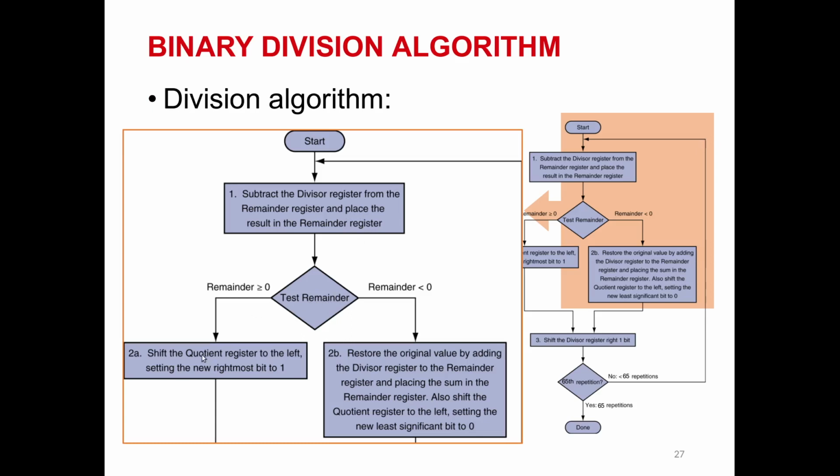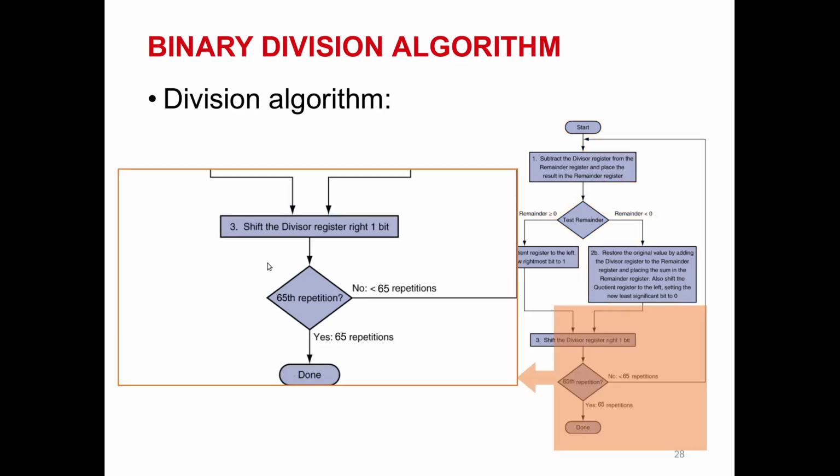If the remainder is larger than 0, it means that the result for that step will be 1 in the equation, and so it will shift the equation register to the left and set the last bit, the least significant bit of the equation, to 1, and then of course it will shift the divisor register to the right 1 bit,